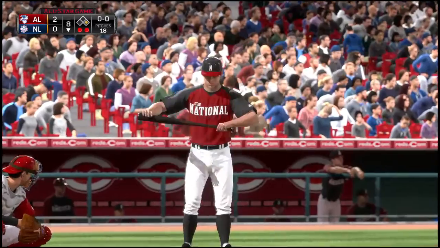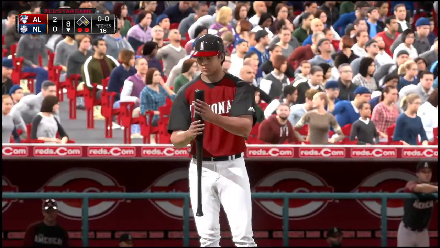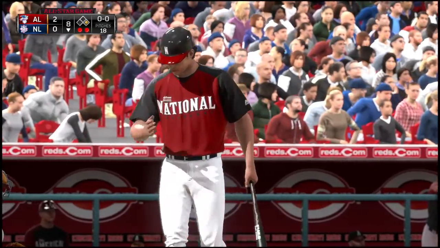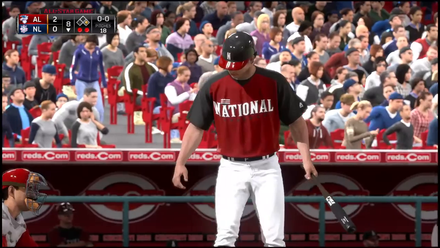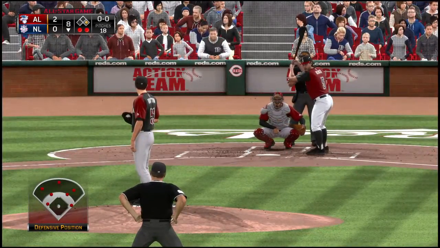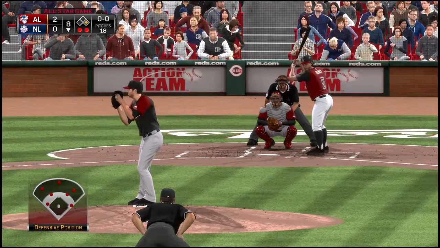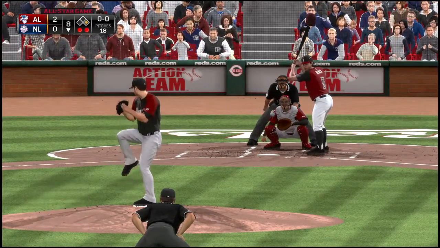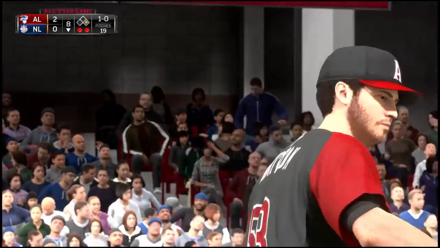The further you get into that bullpen, the tougher it's going to be to claw back from this deficit. All right, Johnny, let's go. First pitch on the way. Fastball too high to start him out here, 1-0.